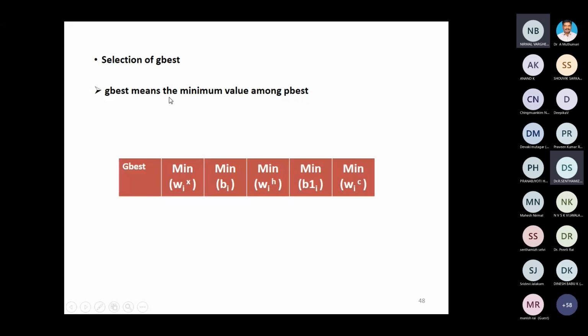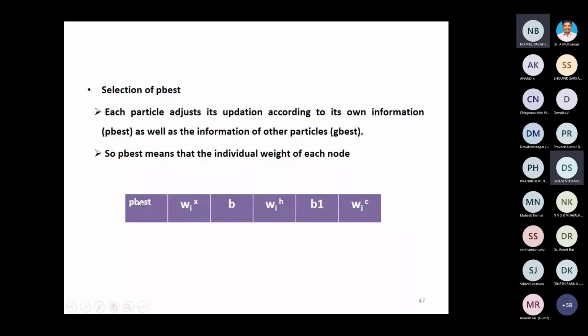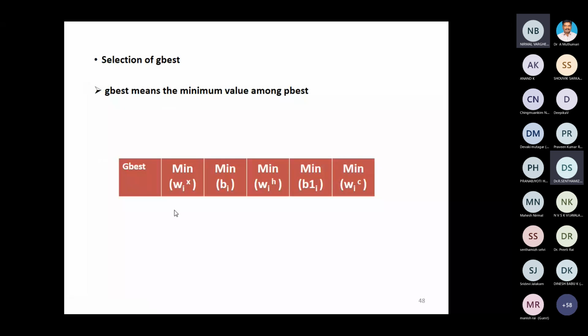Global best means the minimum value among the personal best, or the minimum of input to hidden layer weight factors and minimum of the bias value of the input layer and minimum of hidden layer to output layer weights, right, with the bias value of the hidden layer and the minimum of the weight factor from your context to the hidden layers. Okay, so similarly here also we are taking your personal best, right? So the minimum of the individual personal best will give the global best. This is the way you are making your particle assumption related to your architecture of the Jordan neural network.